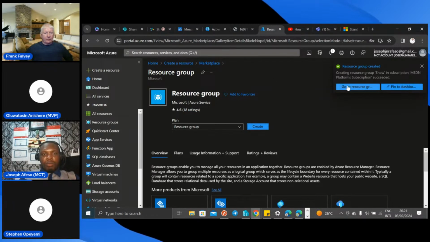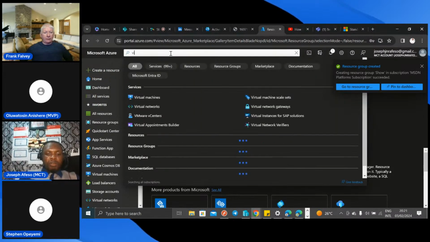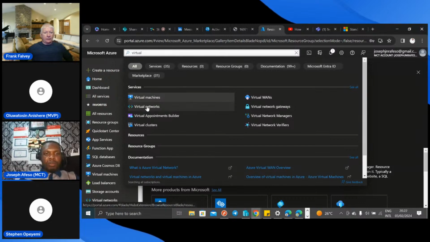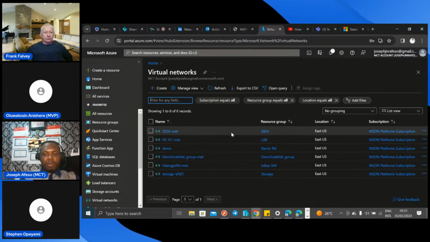The next thing we'll do is come back here. We search for virtual network, which is VNet, and we come here to create a virtual network. So we click on create.